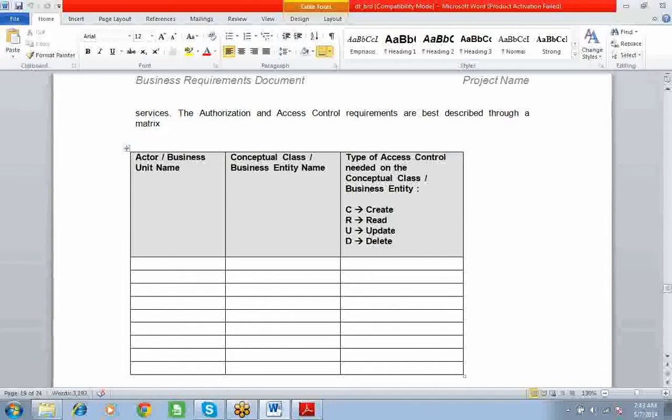When we look into the leave management system, the approver is the one who will have the right to give permission. That access is given only to the manager or system, not other people. Who can apply leave? Any employee from this organization can apply leave. So like this: who is the actor, what is the business unit name, and class. I mean, which project, which application, like this. That's it.